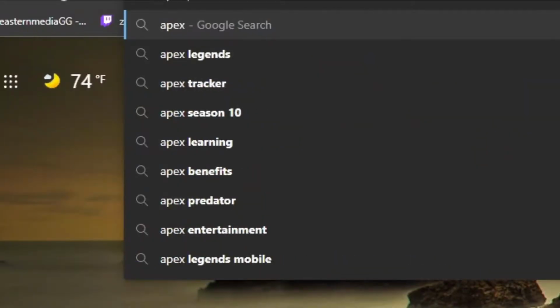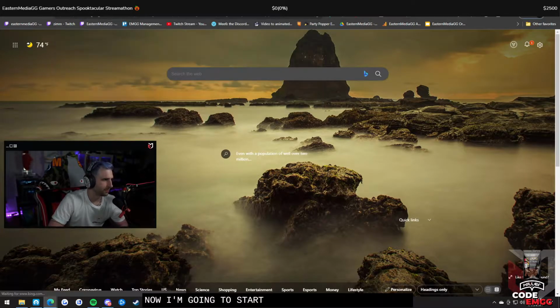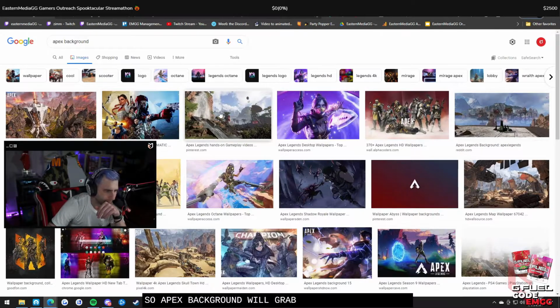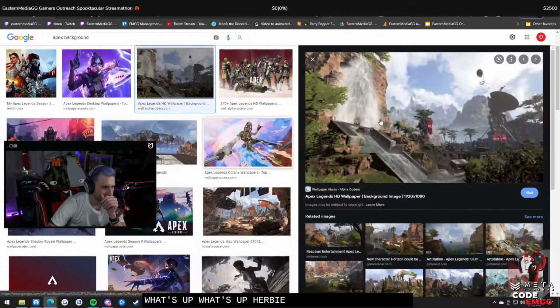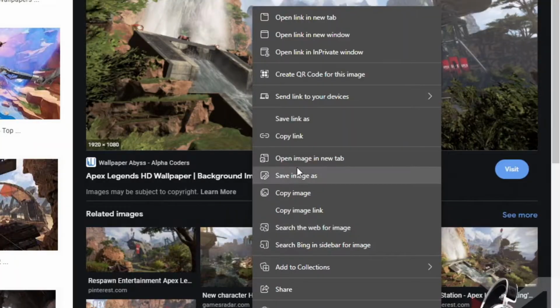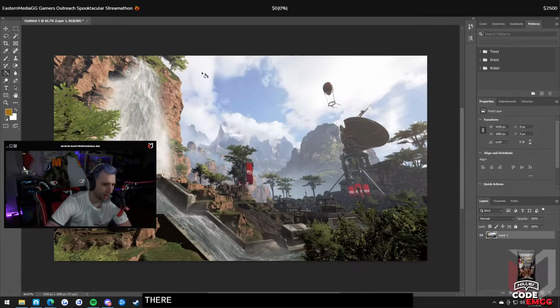Okay, so Apex background. This is how I'm going to start it. This is what I like to do. We'll grab this, this looks fire. That's a little small though. How big is this? There we go. We'll take that, copy image, and slap it right on in there. All right, so now that we have our background,